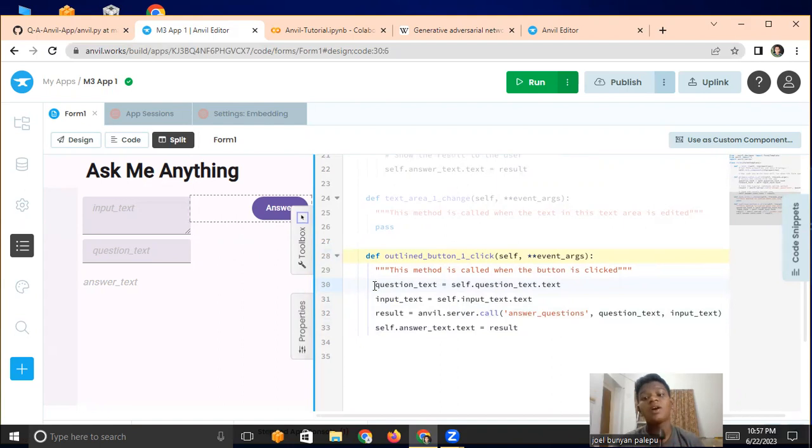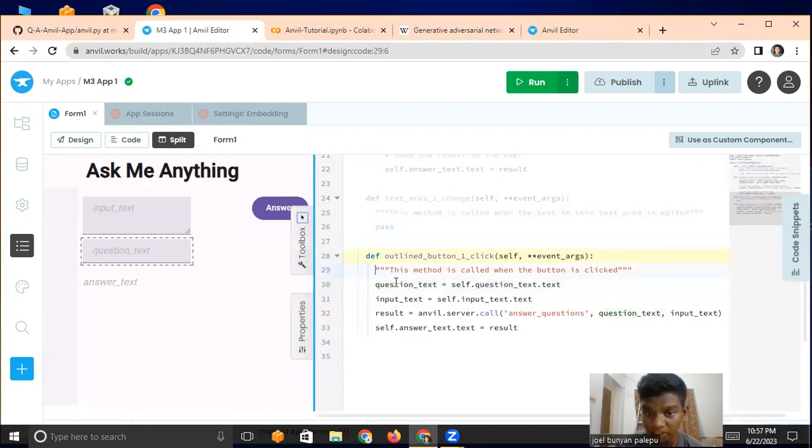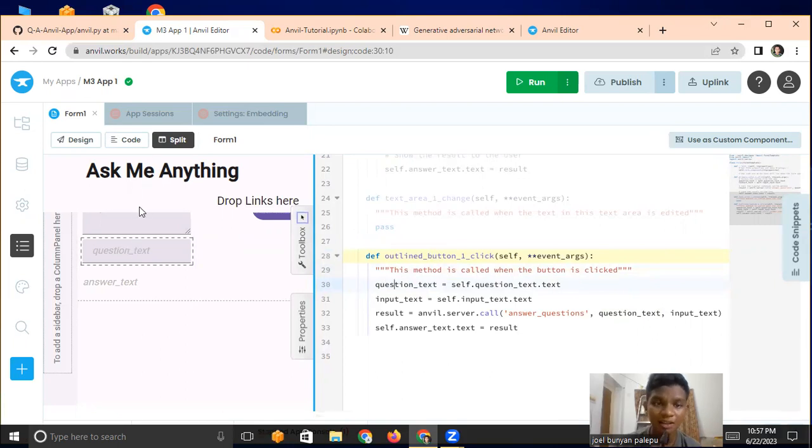So what we'll do is we have two inputs, right? Question text and input text. So I'll first create a variable question text, which is nothing but self.question text. So question text is nothing but text inserted in this row. As you can see here, just see my cursor, right? So this row, so this is the column, right? So the question entered in this column is actually question text, right? Whatever text entered here, and here the context is actually here,